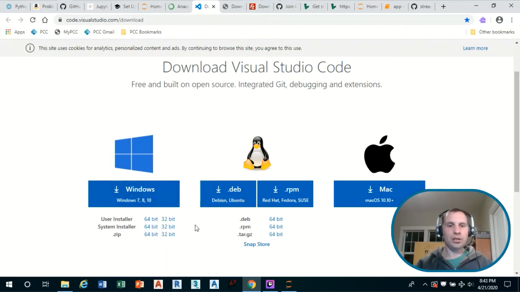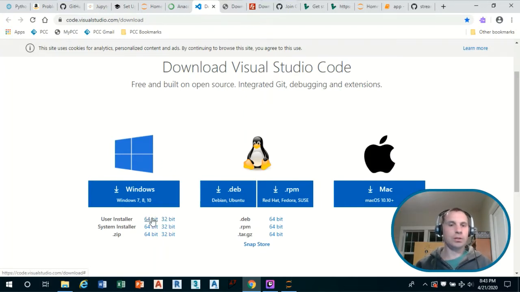I'm actually on a computer that I don't have administrator privileges on, so I downloaded this 64-bit user installer, and you can run that user installer even if you don't have administrative privileges on the computer that you're using. If you're unsure about 64-bit or 32-bit, you probably want 64-bit.